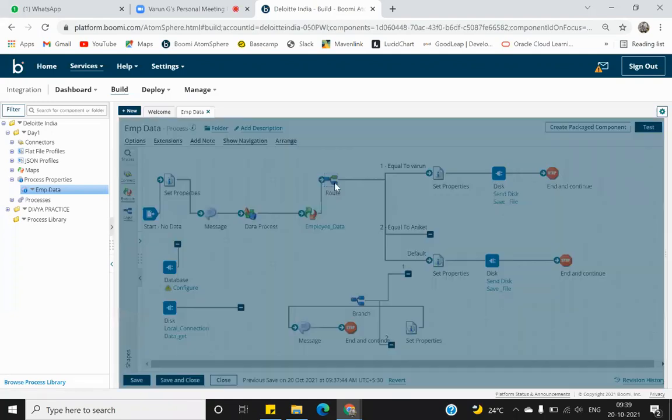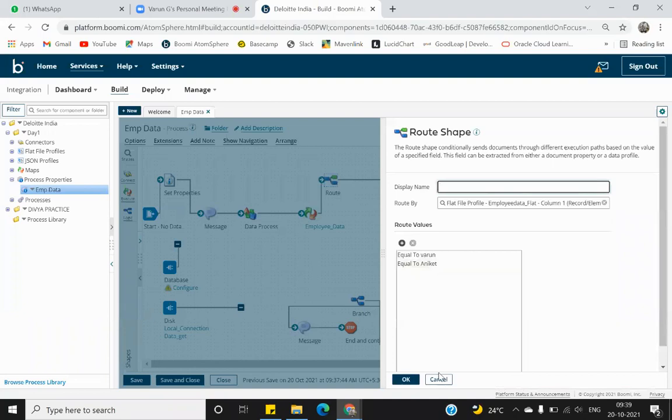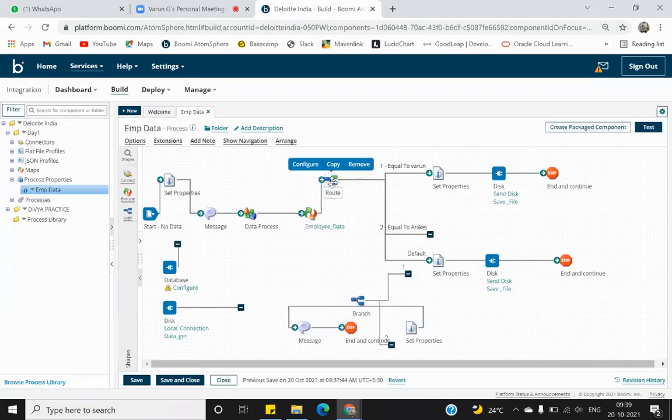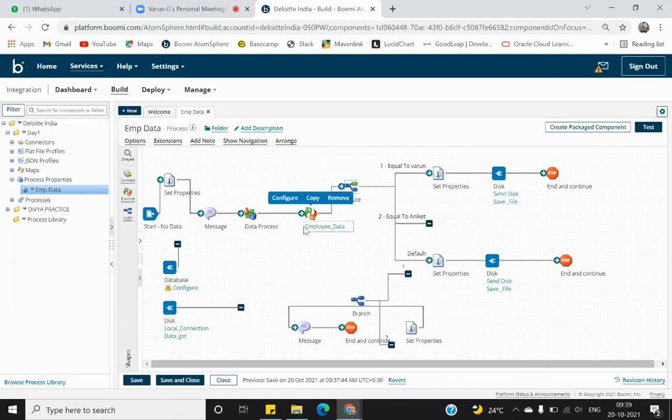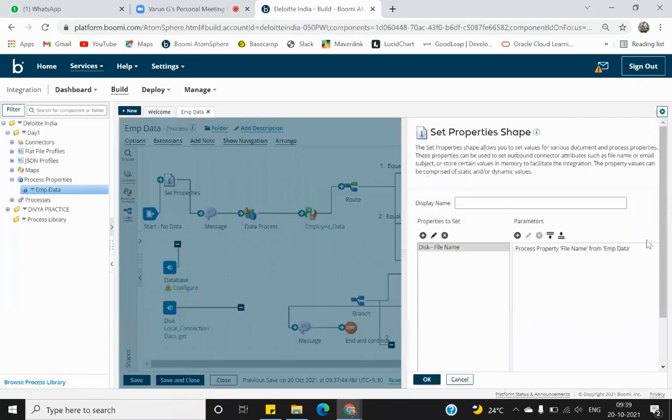It compares like that. In a route shape, we have different values, that is fine. But what route shape actually does is based on these values, it defines a path for your document. You getting my point? So what I said in the route shape is that my document has come here. Now if my first name is equal to Varun, I want my profile type to be employee data.xml.